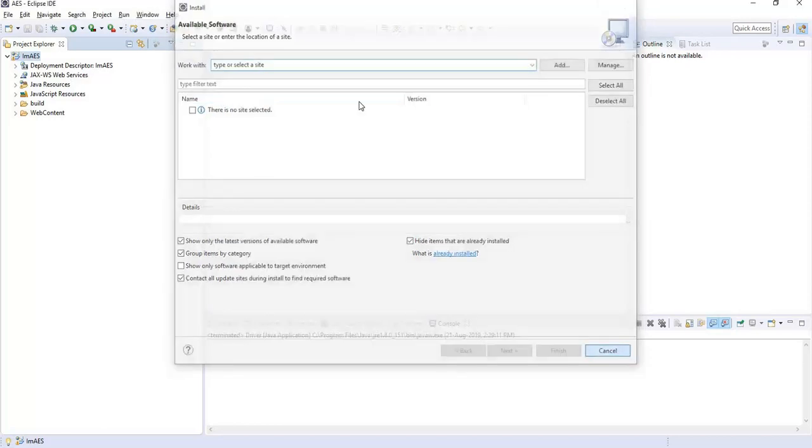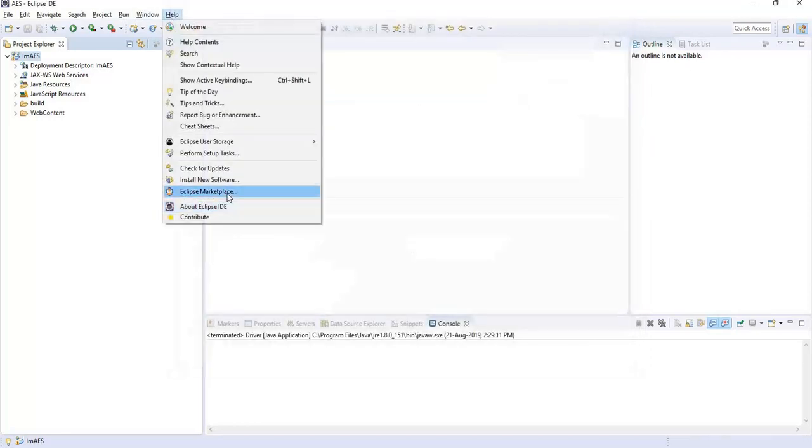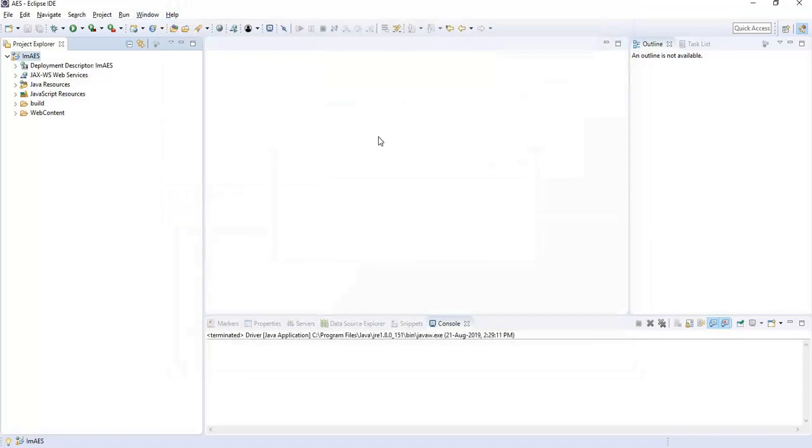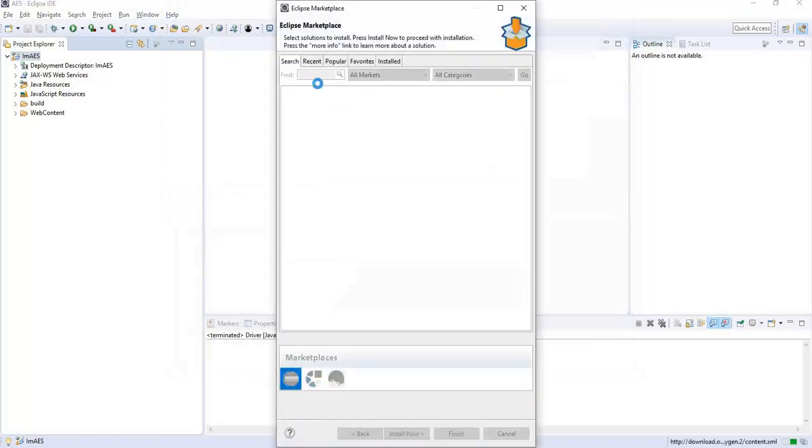You will have to go to help, Eclipse Marketplace, and there you will have to search for a new plugin. So in the place where you have that find icon,